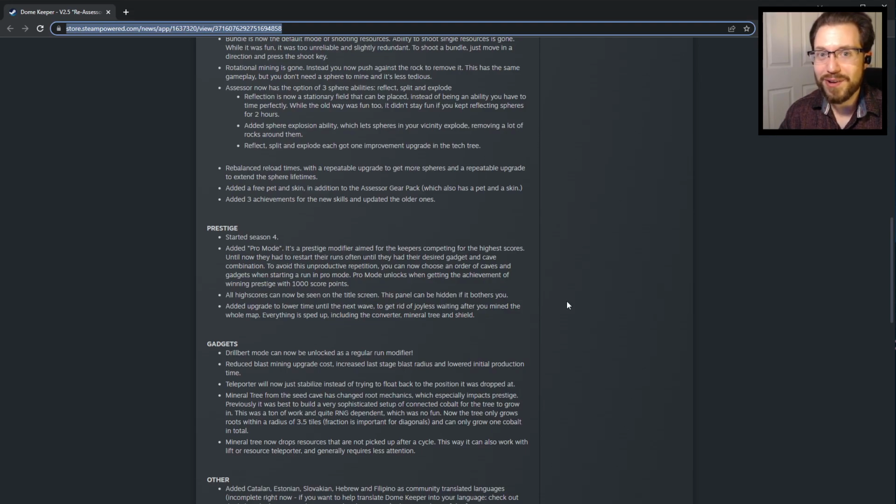They were just kind of doing, I guess, a lot of restarts after the first like 20 minutes of their run. I mean, people are going to min-max, right? I don't think I ever engage in that gameplay, but I can kind of see it. Kind of makes sense. You can now choose an order of caves and gadgets when starting a run in Pro